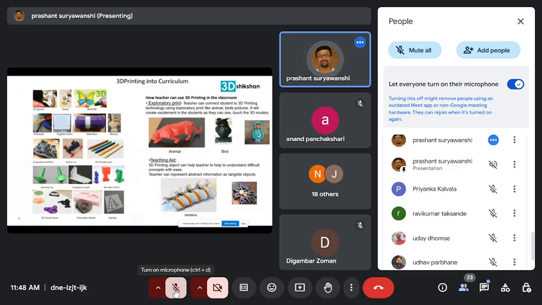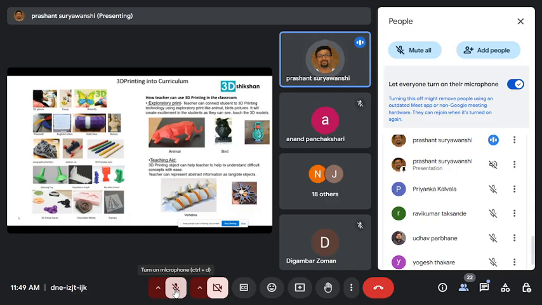And by the way, for casting particularly, nowadays you know that there is a lot of 3D printing for large casting models. They are now using different 3D printing technologies. So the application is huge for 3D printing, and you have to start the journey at the school level itself. Maybe from fifth standard onwards, they will get some understanding of design.